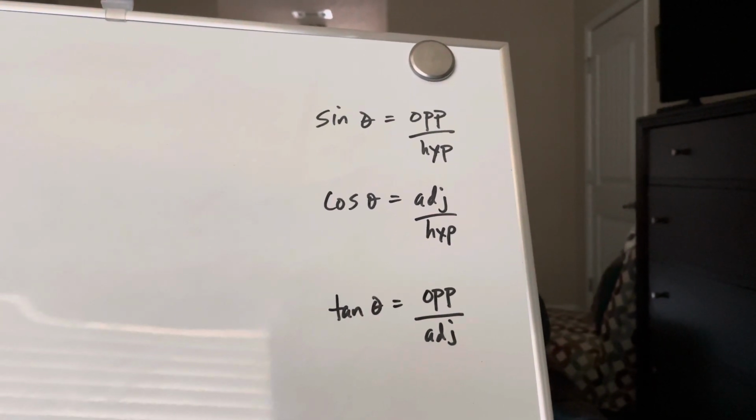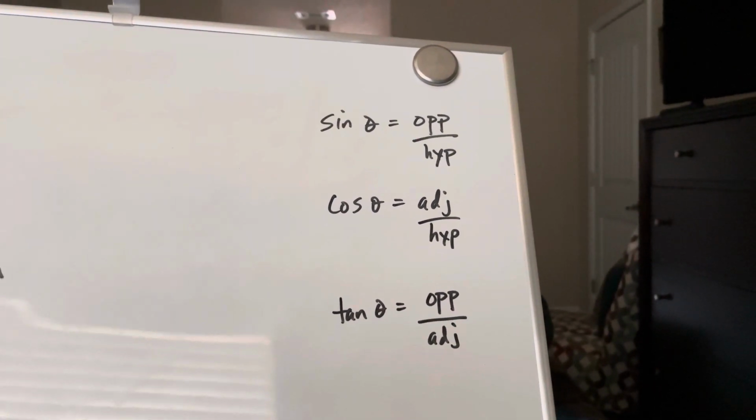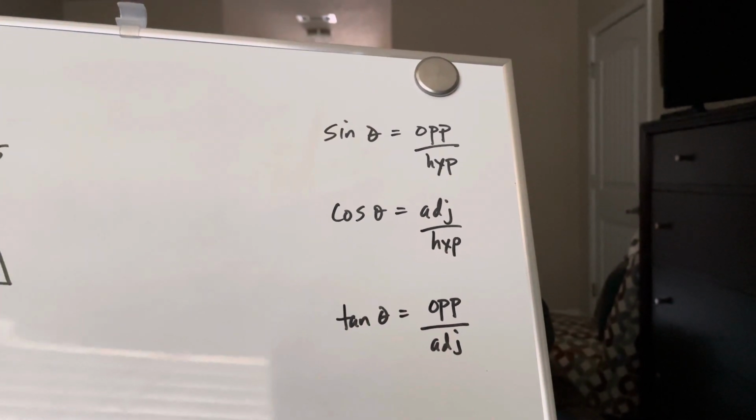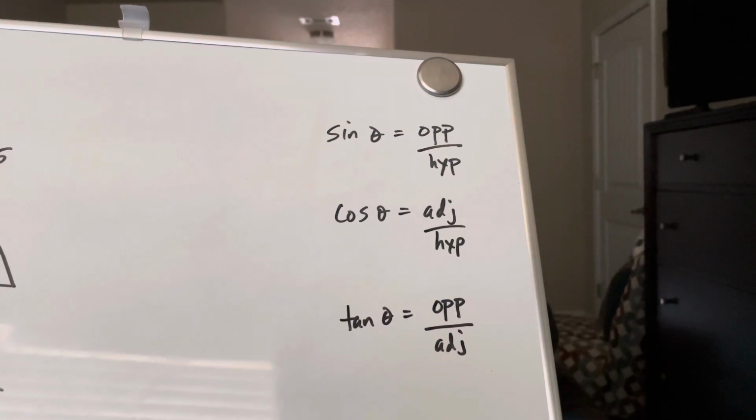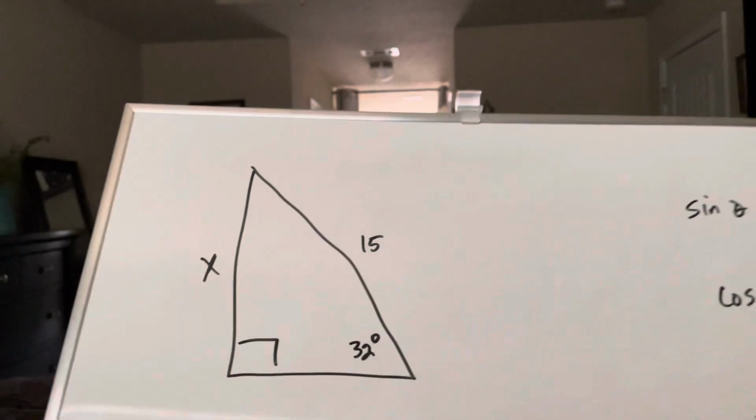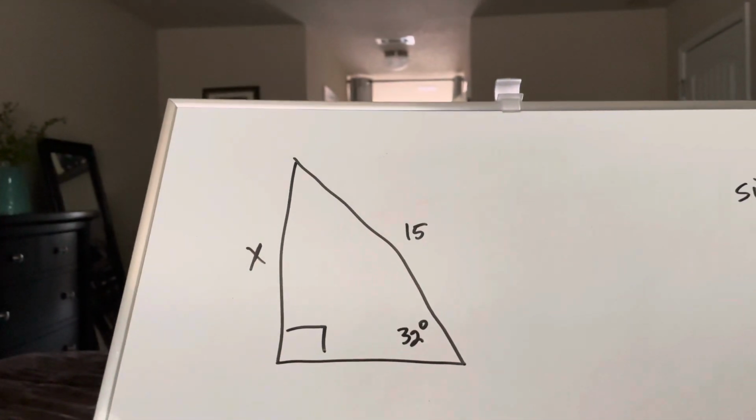So you need to know these three trig ratios, these three trig formulas, so sine, cosine, and tangent. So I'd say work on memorizing those. Now, one of the ways we could use that is in a problem like this where we have a right triangle